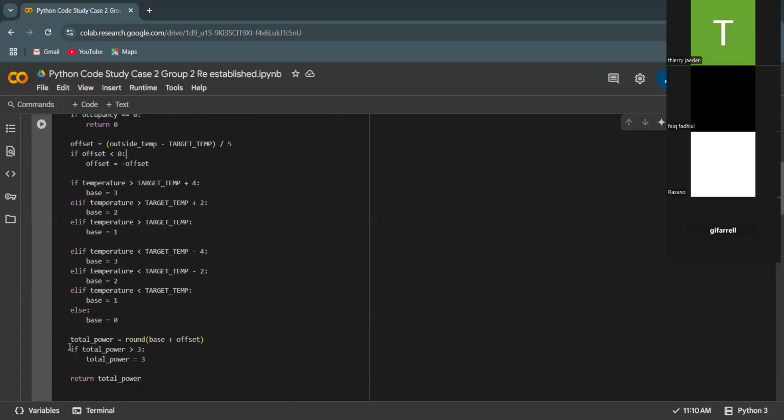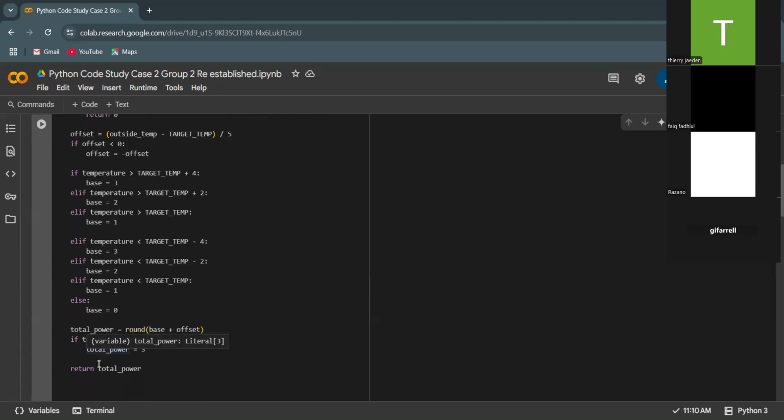We're going to talk about the offset. Offset is the target temperature divided by 5, and if offset is lower than 0, then offset equals minus offset.